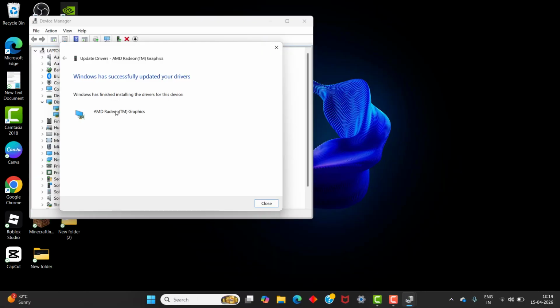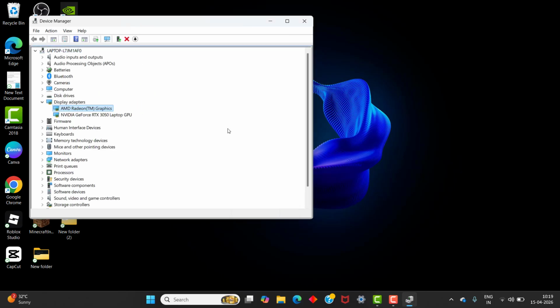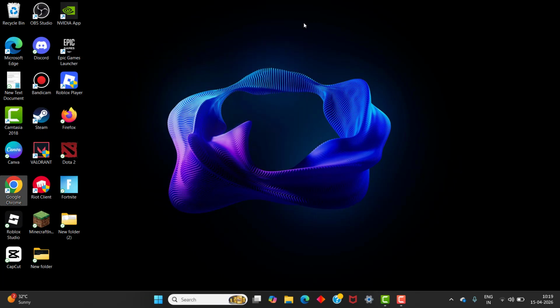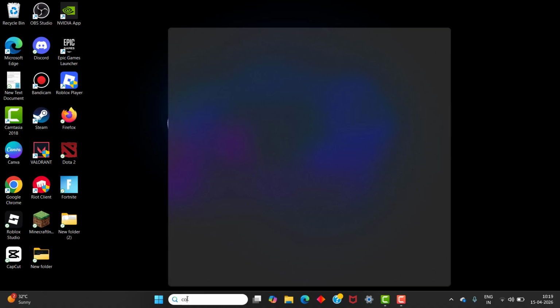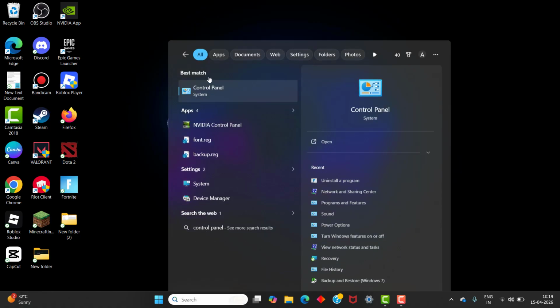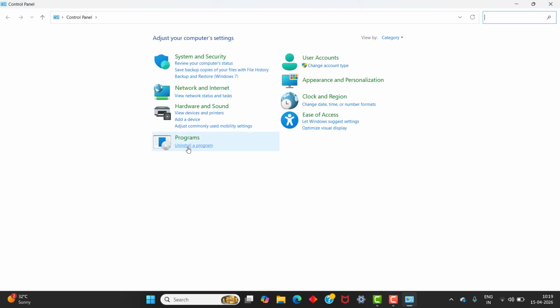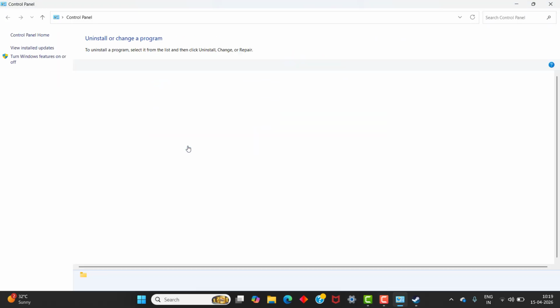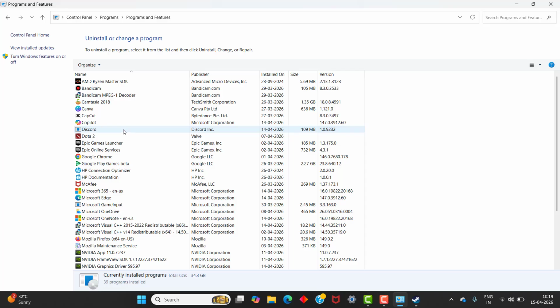Updating the driver takes some more time, so be patient, and Windows has successfully updated the driver. After you come back, click search and type Control Panel. Go to Control Panel and go to Uninstall a program and check whether the version is updated or